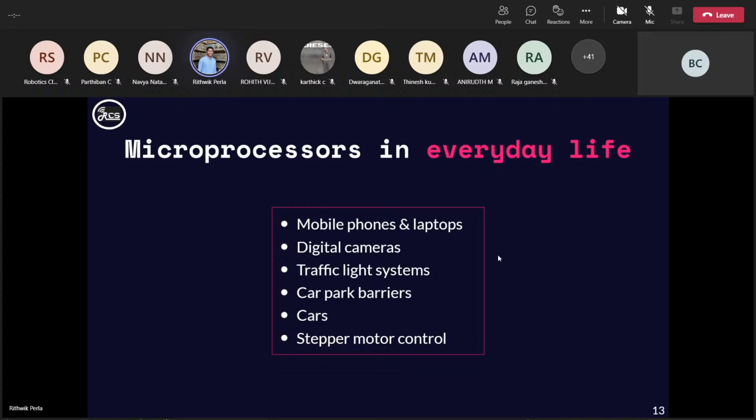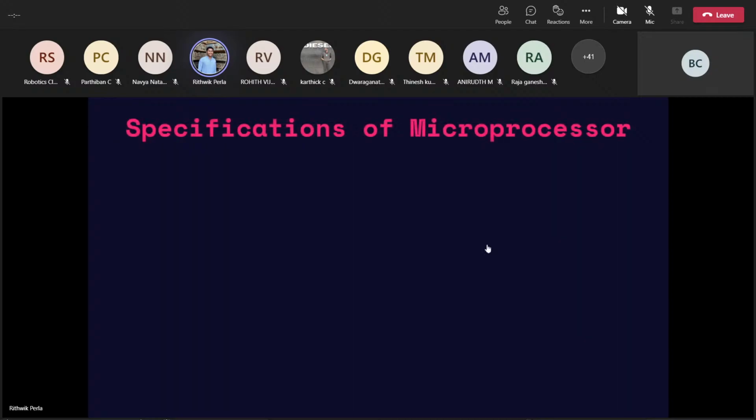So it is used in DVD ROMs, all that stuff, and robotic arm links, etc. And now let's go to the specifications of a microprocessor. Okay, all of you have bought a laptop which has a microprocessor. What are the specifications you see while buying the microprocessor? On what basis do you buy a microprocessor? One of the major factors everyone thinks about in a microprocessor is.